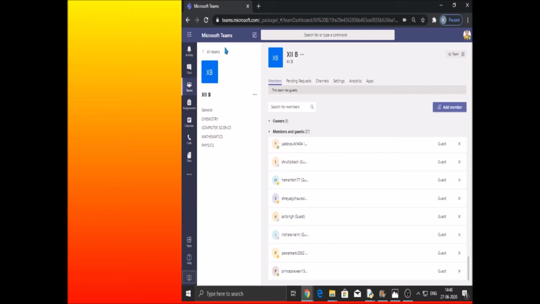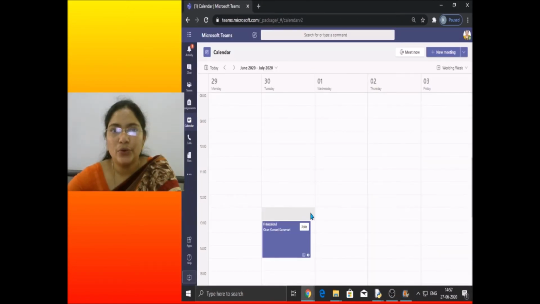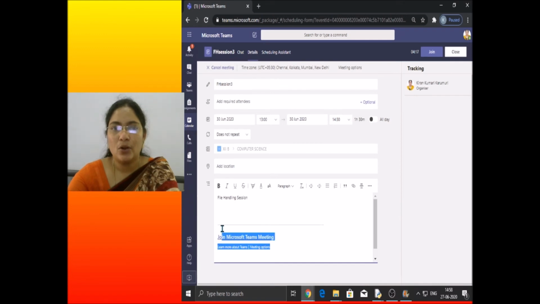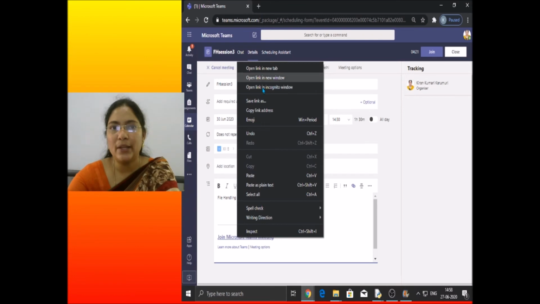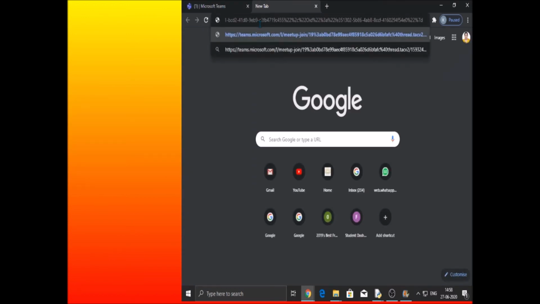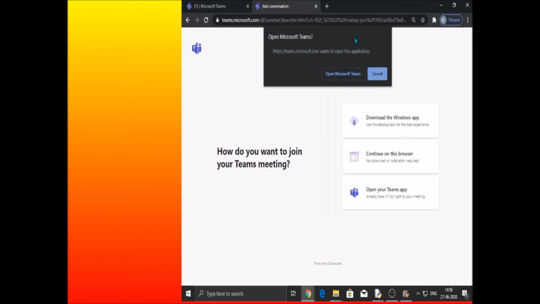So now let me go back. The link which is scheduled for some other day through our WhatsApp. Yes, so now I logged into my Teams, I've opened the calendar account, and then this is my session. I just opened, copy this link. See, join Microsoft Teams meeting, right click, copy link address, yes, and then you can share that link wherever you want, through email or through WhatsApp, or if you want to see how the student will be visible, the student will be able to open.